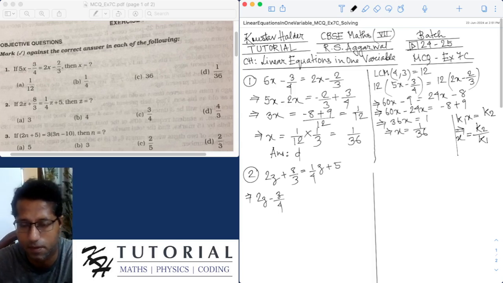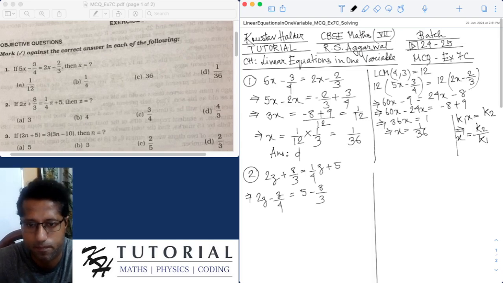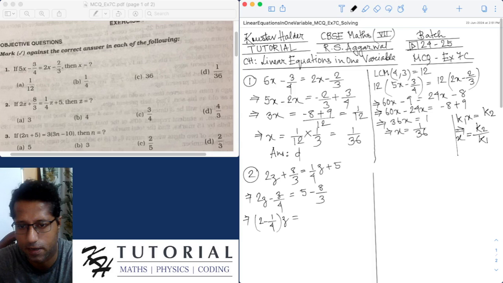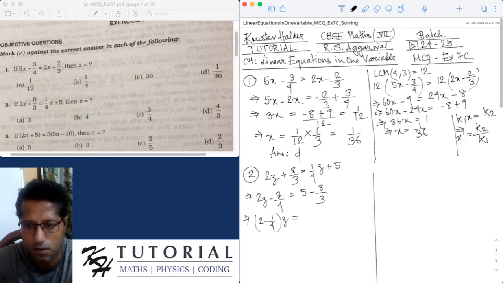So it will become negative, and I will transpose the constant 8 by 3 from the LHS to the RHS. It will become negative. So we have 5 minus 8 by 3. Now I have to simplify 2z minus z by 4. This is nothing but 2 minus 1 by 4, times z, and the right hand side becomes 15 minus 8